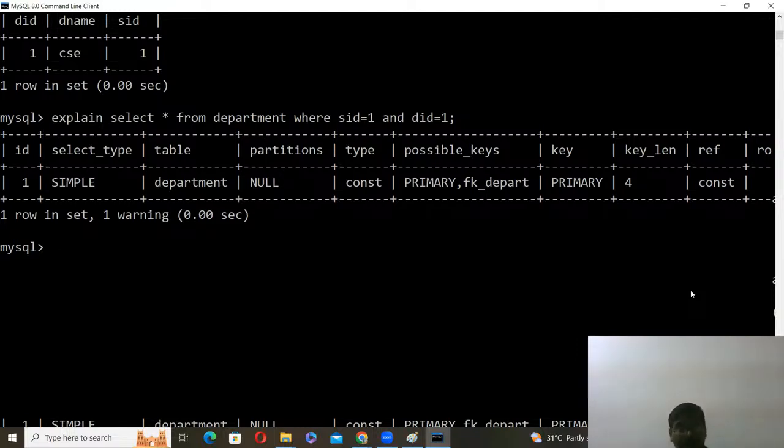How many number of rows? See this one row in the set. That means it scanned only one row. Clear? Now, if you want to get the indexes,